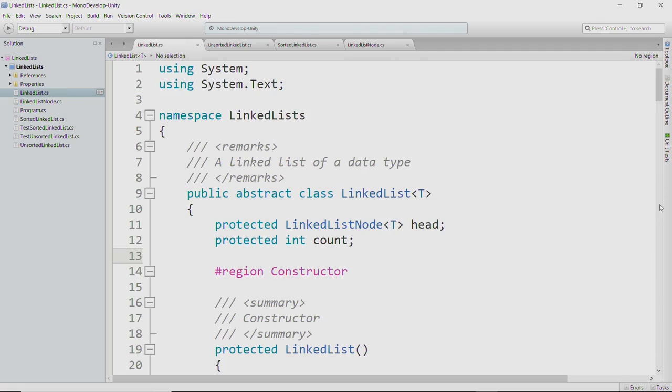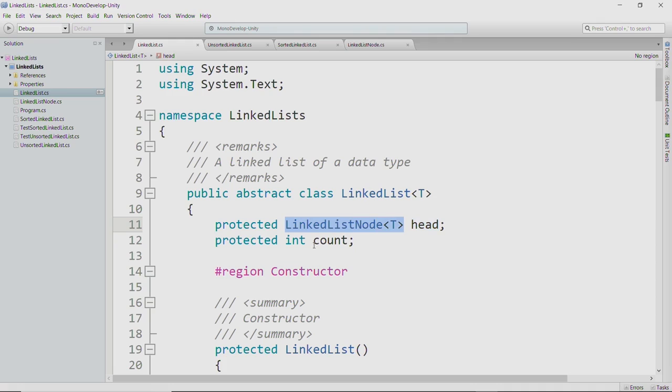Speaking of our linked list, here's the class for that. It is an abstract class because the add method is abstract, but really this linked list parent class for the sorted and unsorted linked lists contains most of the functionality for the linked list. We have the head, the front of, if you want to think of it that way, but it's regularly called the head of the linked list, and that's a reference to a particular node, the node at the very front